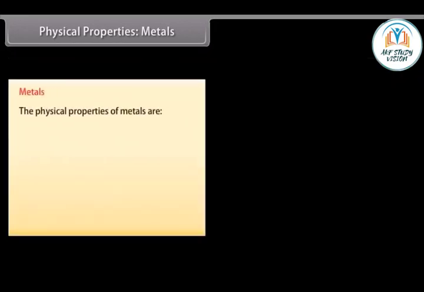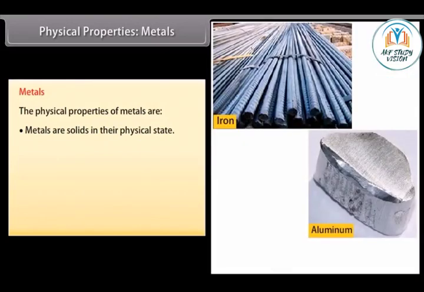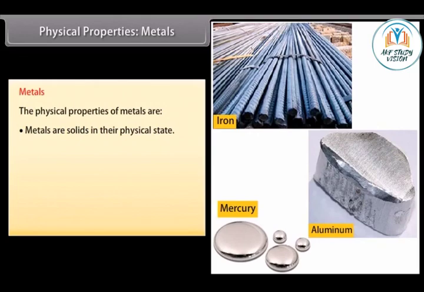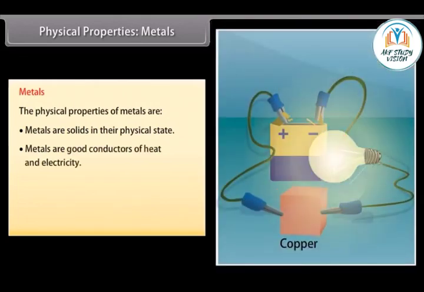The physical properties of metals are: physical state. Metals are solid at room temperature. For example, iron, aluminium. Only mercury is liquid metal. Good conductors of heat and electricity. Metals are good conductors of electricity as they have free electrons. For example, silver and copper are the best conductors of heat and electricity, whereas lead is the poorest conductor of